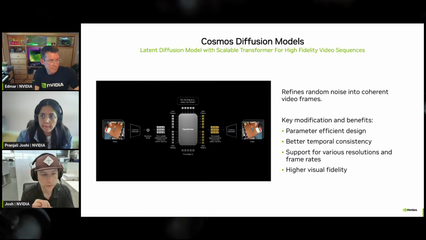And so those are some of the top 3 use cases we're particularly excited about, and all of these models can be leveraged in such a fashion.